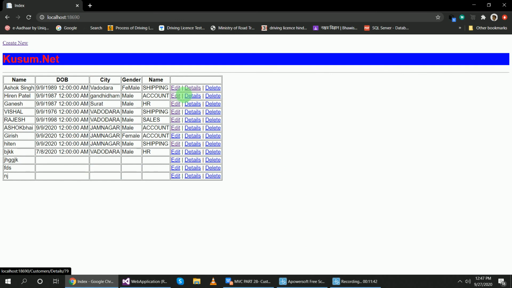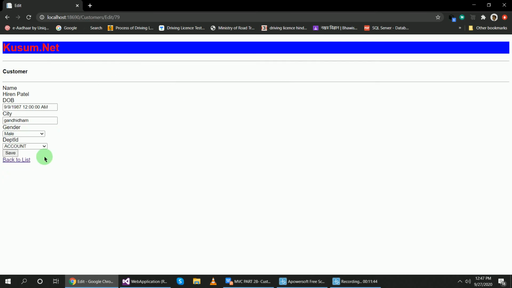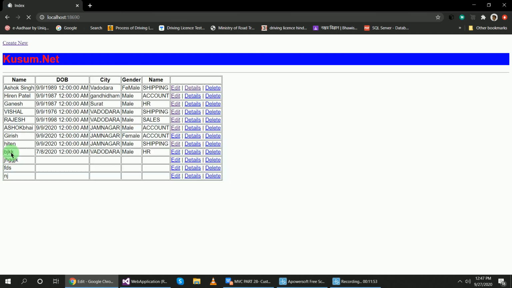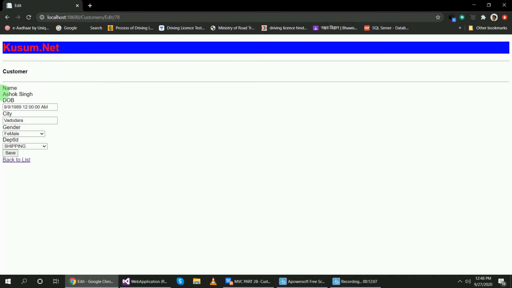Okay, now edit with this, and I'm changing this department ID, and the name can't change. Yes, you can edit safely. So let's go now, but I have added this in the editing property, this as a label.